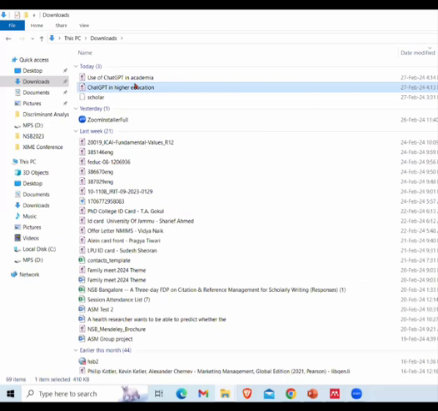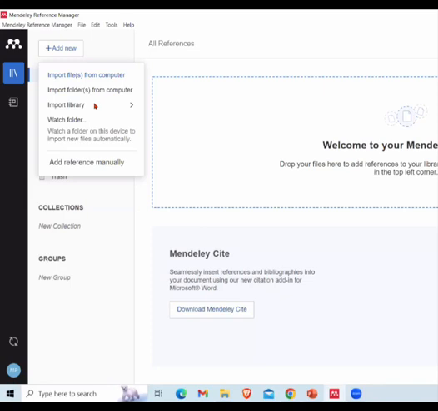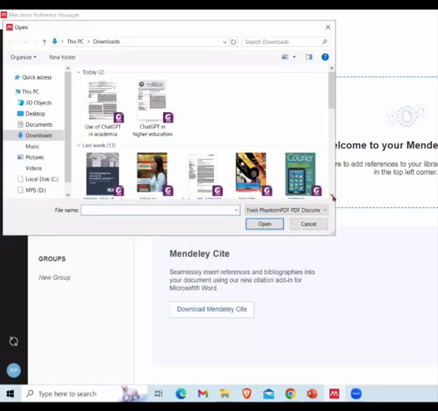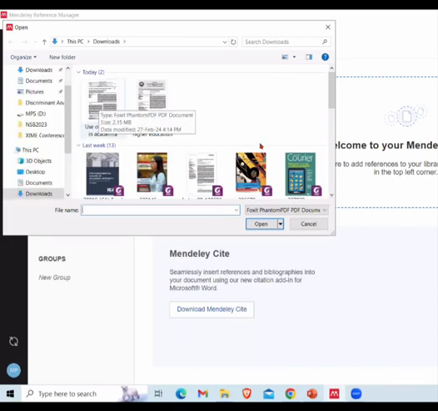Quickly, I will demonstrate that. We will go back to the software, go to add new, import files from computer, select the files. In my case, I will select these two articles and I will look for some other files also. Yes, here